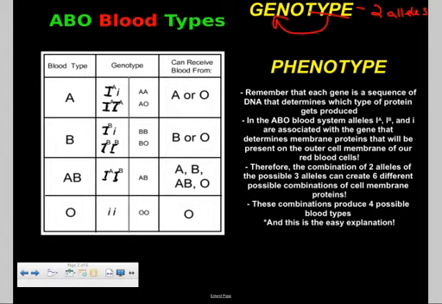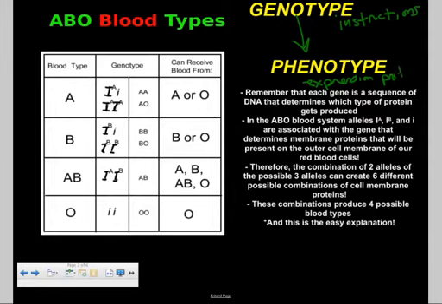Phenotype is the physical characteristics. So think of pheno, think of physical. The phenotype is directly related to the genotype. In other words, our genotype, what our genes say, what the alleles say, determines our phenotype. Because the genotype contains the instructions, but our phenotype is the expression